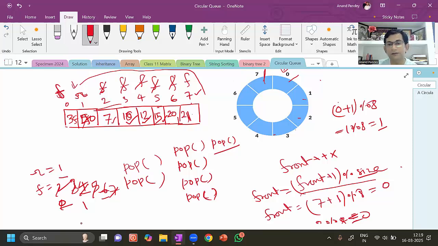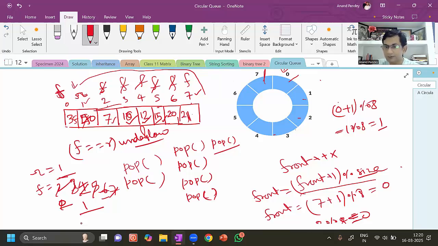Now you can see we have returned all the elements from this array. We started from front and went up to rear. We have returned all the values from front to rear. There is no element left to return, means the queue is empty now. So what is the condition of queue is empty? When front is equal to rear, it means the queue is empty. Front equal to rear is the condition of underflow or empty. Otherwise, if the front is not equal to rear, we are returning the value from the front,